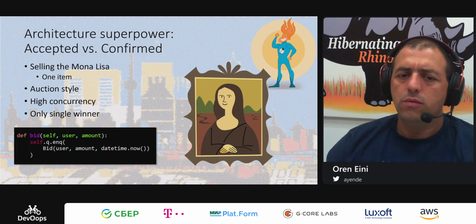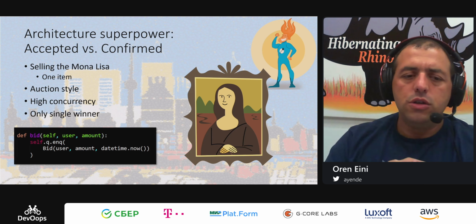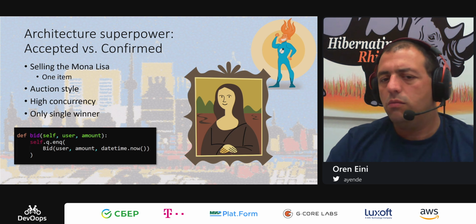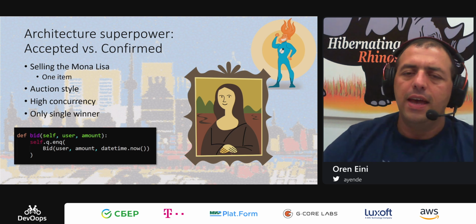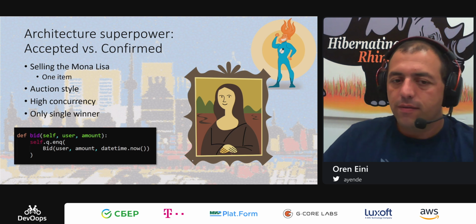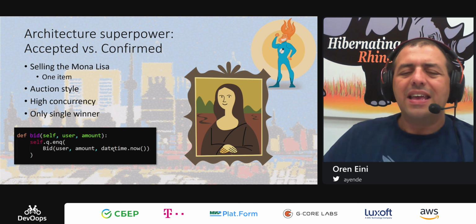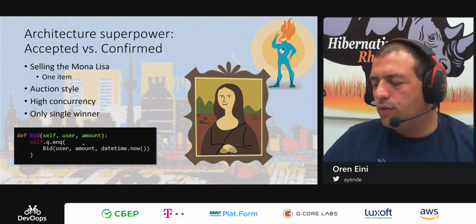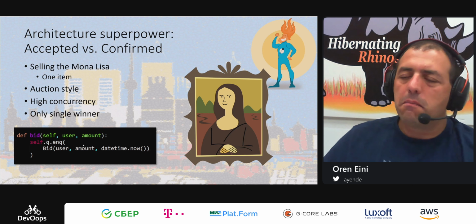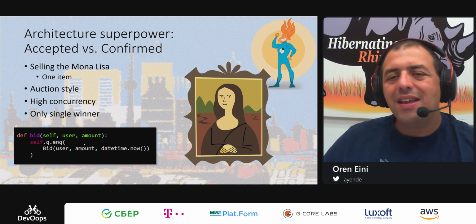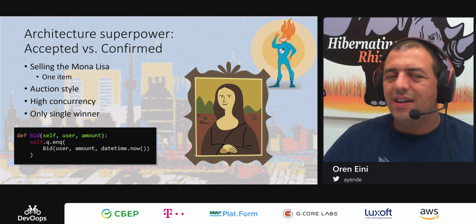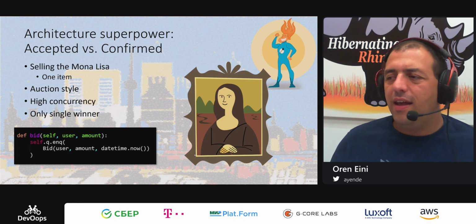So here's what I'm going to do. I'm going to just throw that into a queue, accept the bid. Notice that I'm recording when that happened. I probably also need to figure out what is the highest amount that I've seen so far and send that. But again, that's something that I might have to deal with.